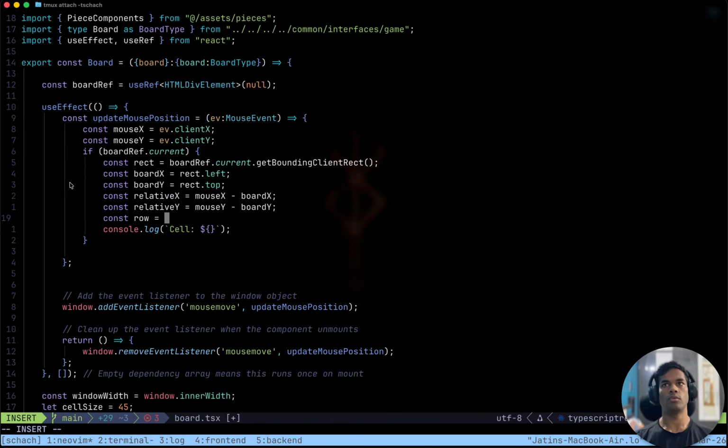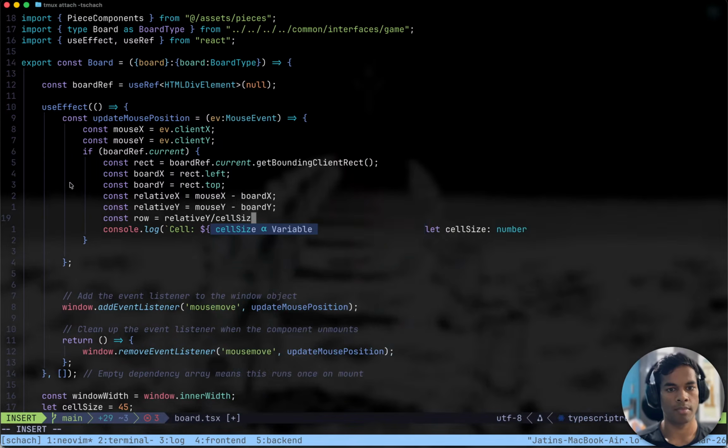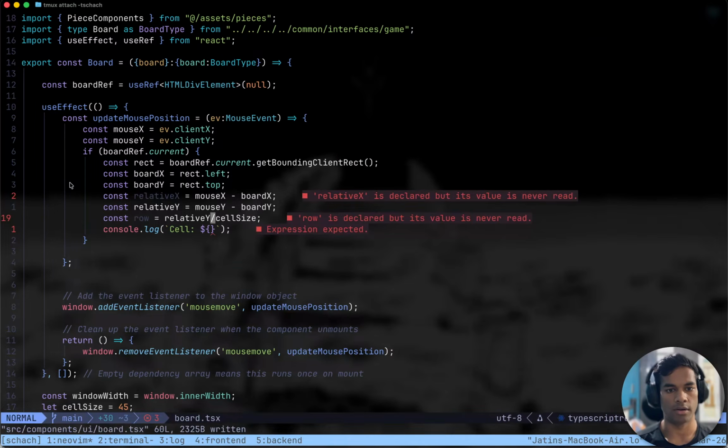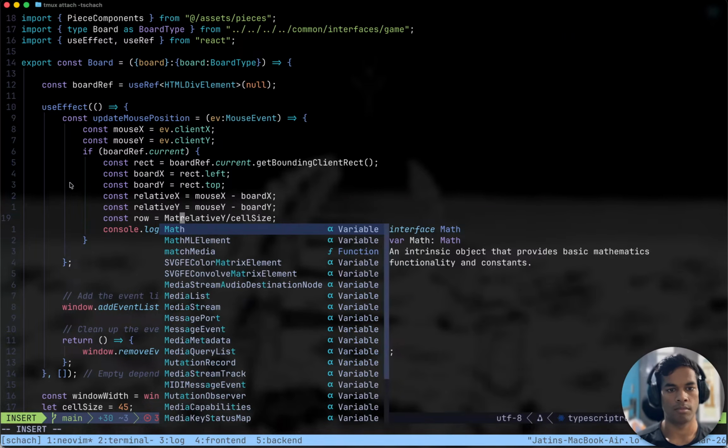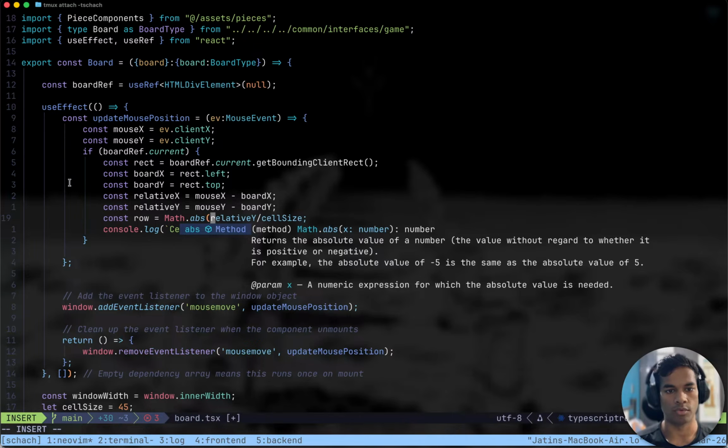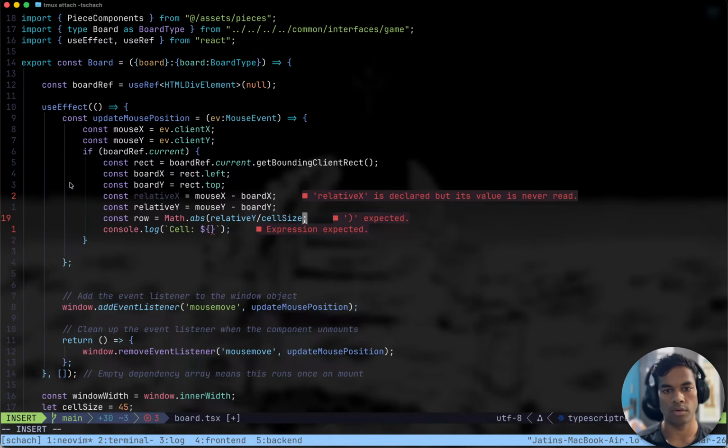Row would be equal to row means vertically from the top down where we are, for which we have to look at relative y divided by cell size, that would be our row, and Math.abs and also Math.floor.